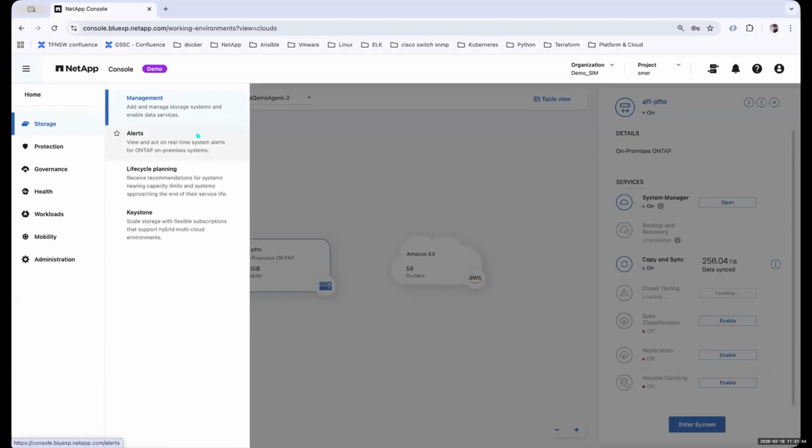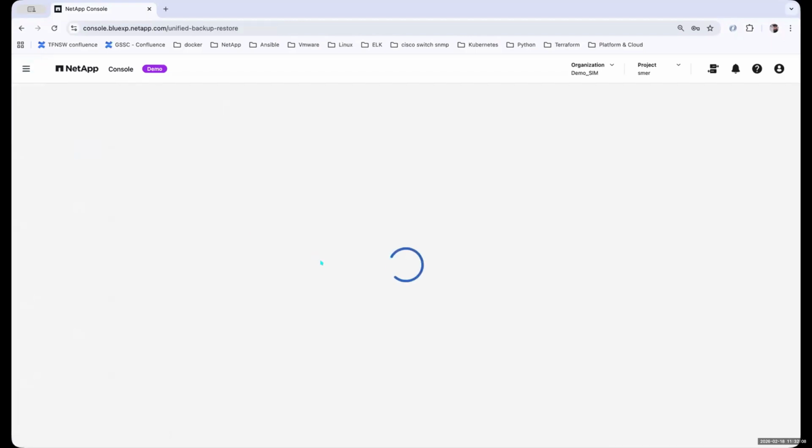It allows you to view alerts. The other part of Console that we see, specifically when we talk about data services, the focus area of today's discussion, was two or three major data services. Obviously, NetApp has a lot of data services in the NetApp Console portfolio that can be of use. But if I talk about two to three basic data services that we discussed, the first one was focused